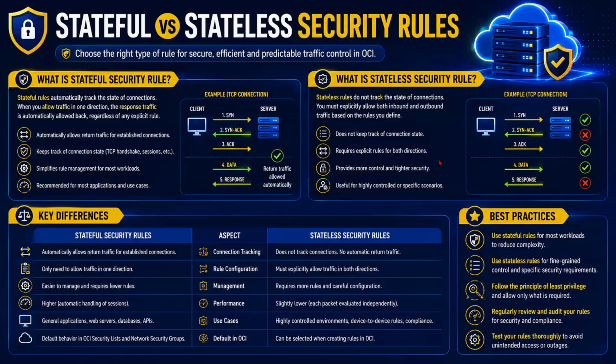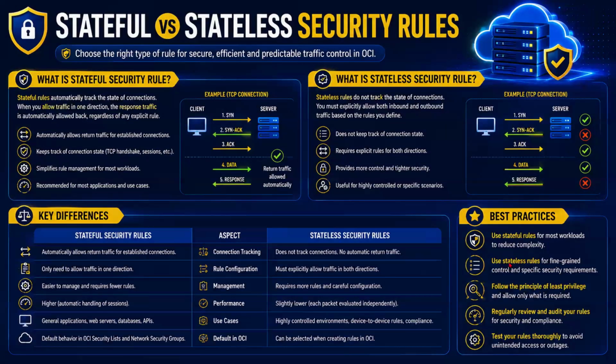So in the stateless security rules, what happens is that it does not keep track of the connection state, and we need to explicitly define the rules in both directions, the incoming direction and the outgoing direction, which is like a tighter control. So the best practice is normally to use the stateful rule so that it covers both directions,